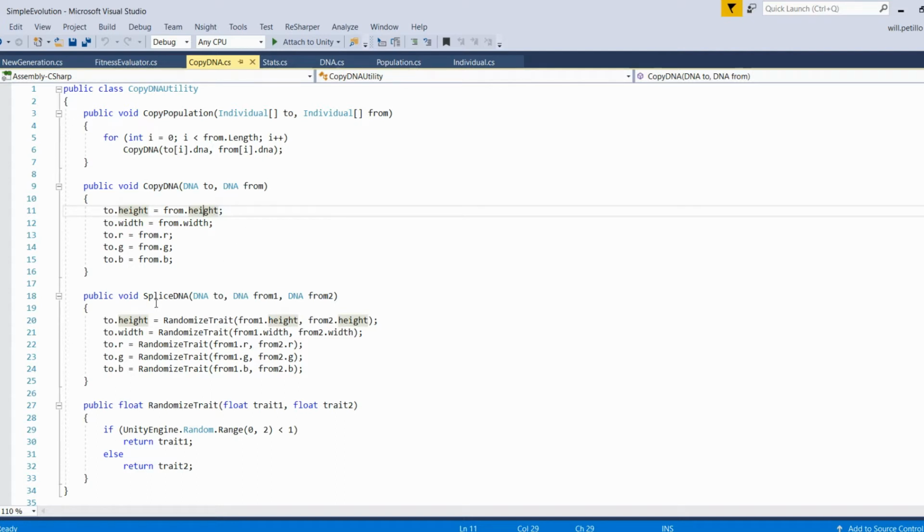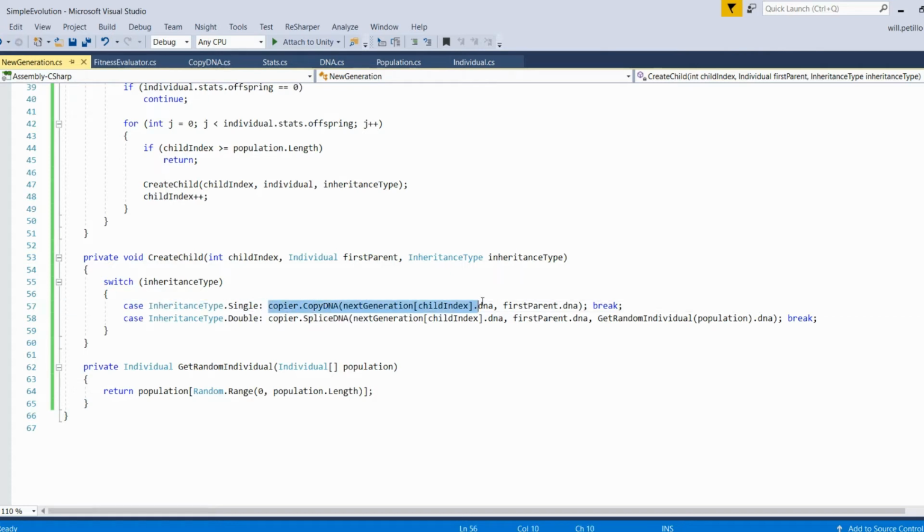I didn't really see a good, clean, easy way to copy all the values of a data class from one to the other. The default is to copy by reference, which causes all kinds of weird errors. So I just do this manually right here. There may be some extension method or system out there to make this all in one line, but for only 5 values, this isn't too bad. Okay, so that's what happens if you're using a single type of inheritance. If you're using double or 2-parent inheritance, then we call the splice DNA method, and